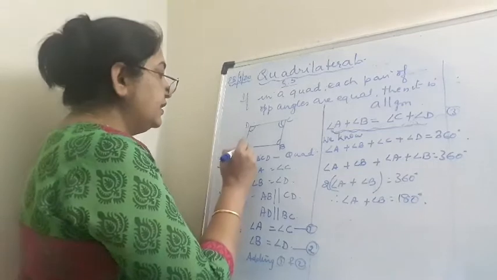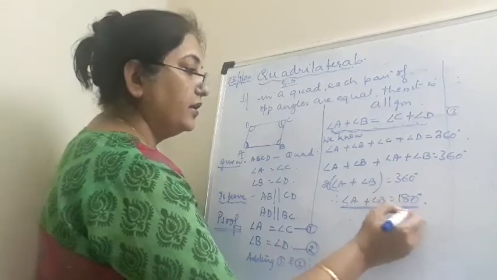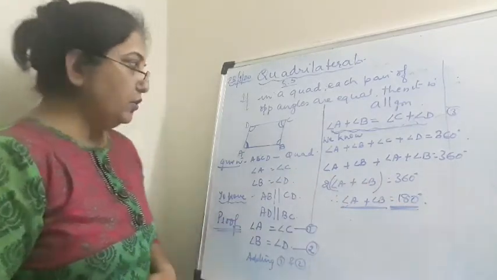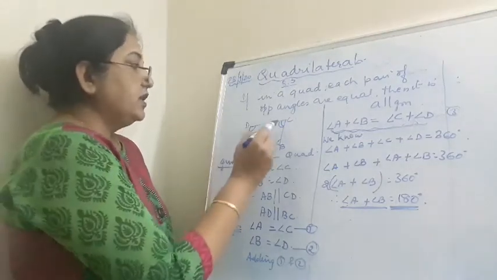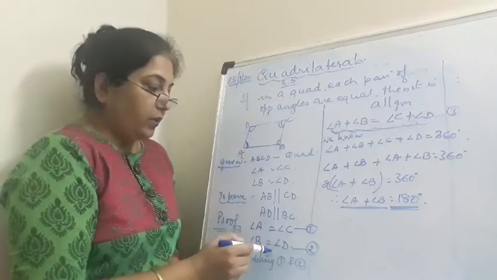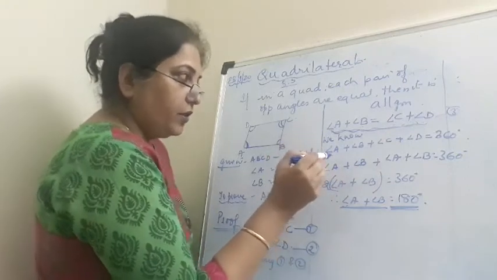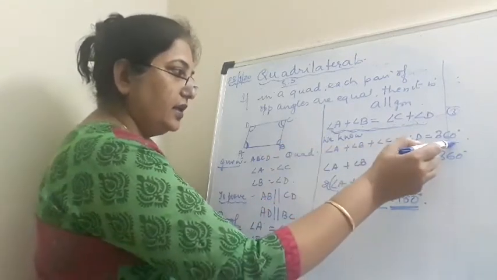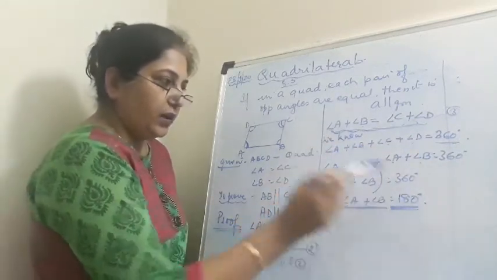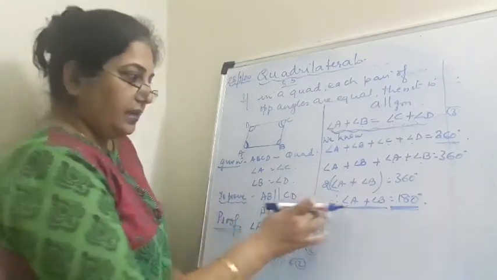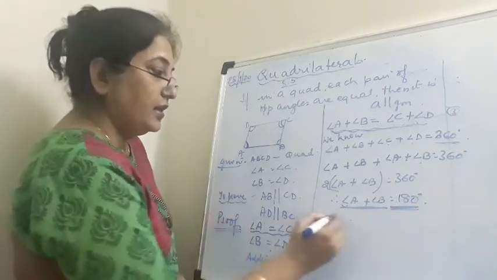So now we've got that angle A plus angle B is equal to what? 180 degrees. Yes, I hope this part is clear to you, that we start with what is given. Then in the proof we write A is equal to C, B is equal to D, which is given. Adding these two equations we get A plus B is equal to C plus D. And then when we know that the angle sum property of the quadrilateral is that the sum of the four angles is 360, in place of C and D I substitute A and B. So then I get angle A plus angle B is equal to 180 degrees. Okay. Now you know that angle A is equal to angle C. Yes. So therefore I can write angle